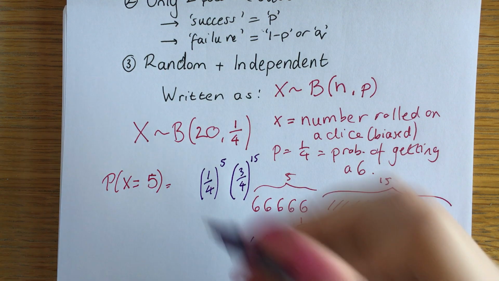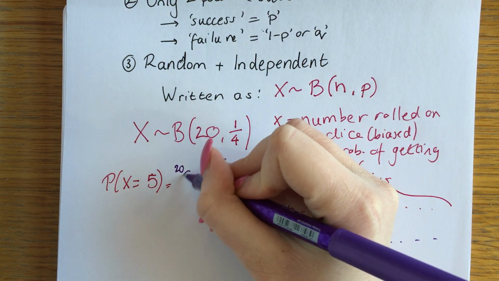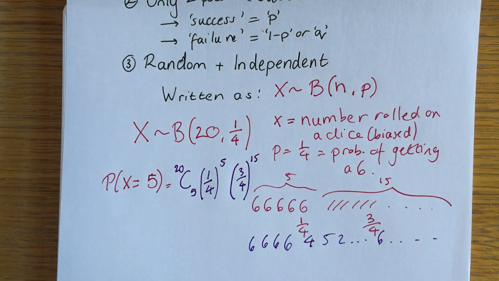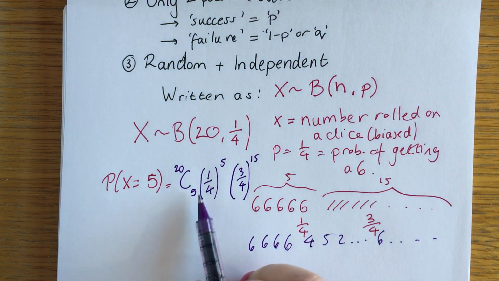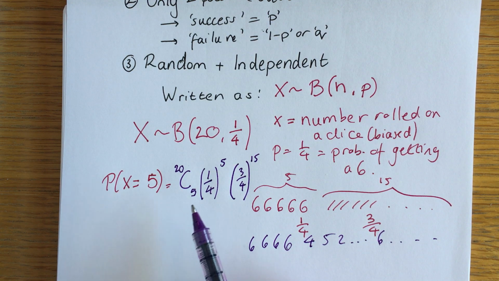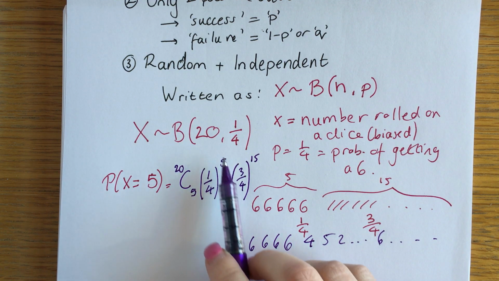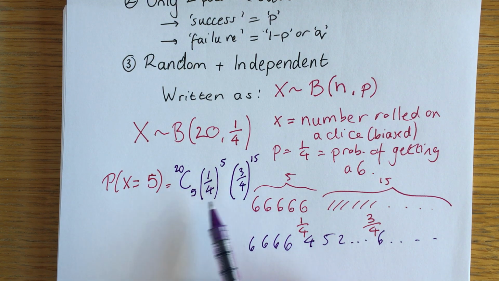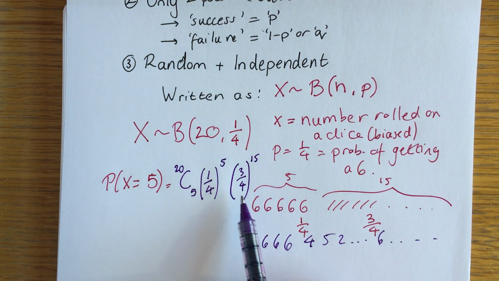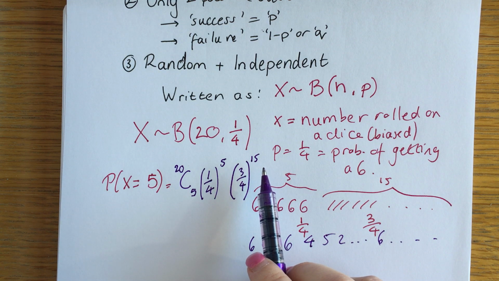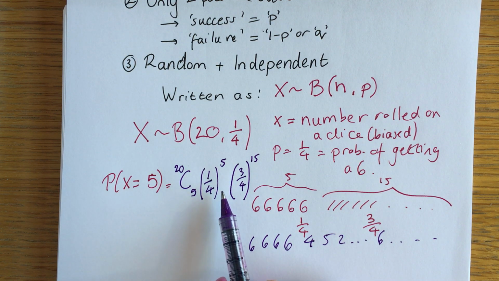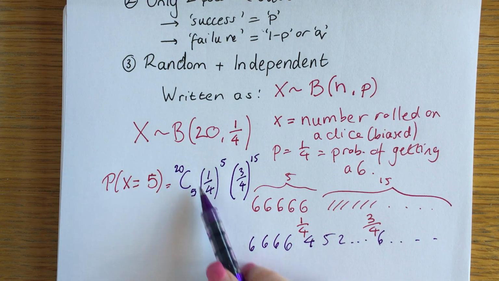In order to do that, I would have to do my 20 choose 5, because it's this that tells me how many different combinations of getting 5 6s and 15 of anything else there are. So it's the probability of a 6 five times, or to the power of 5, and the probability of not getting a 6, to the power of 15. A 6 and a 6 and a 6 and a 6, that's why we're timesing it. All times by the number of possible